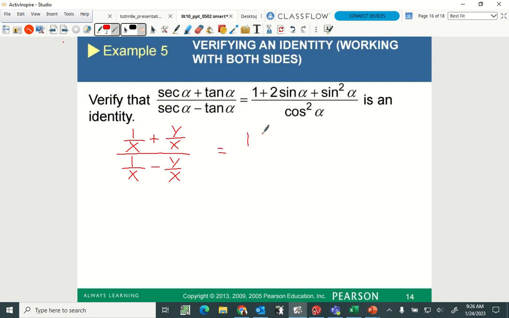On top, it's going to be 1 plus, what is sine? It's y over r, and r is 1. So, do I have to put over the 1 here? Do I want to? Not really, because sine and another sine, I don't need the fraction. I only put it over 1 if I need the fraction, if I'm using tangent, cotangent, secant, cosecant. So, that's going to be 2y plus y squared, right? All this is going to be over